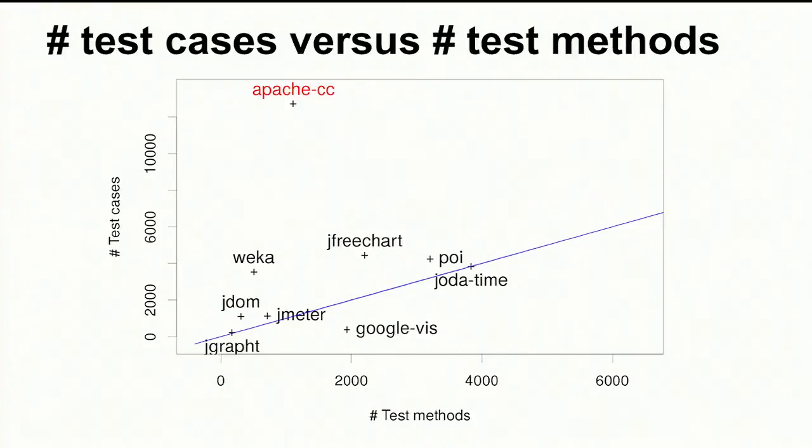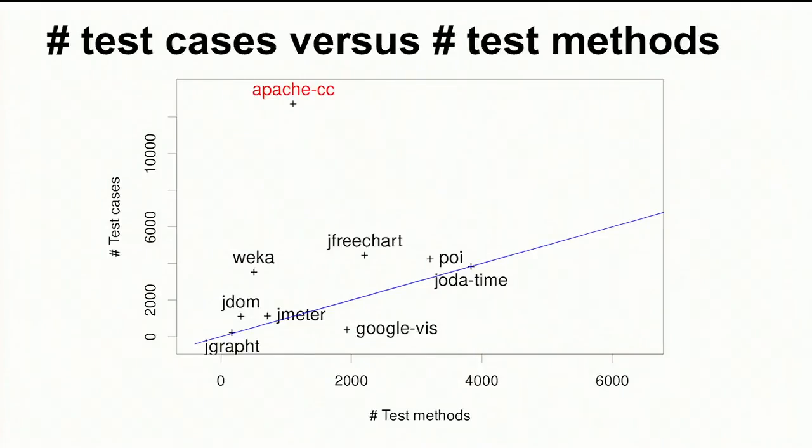The other thing I looked at was the number of test cases, which when you run the test, it reports, I ran 500,000 test cases or whatever, versus the number of static test methods that you could look at by just basically grepping the code. And so what we have here is essentially about 1 test case per method for a lot of test cases. This line represents 1 test case per method. Some are below that for weird reasons, but most of them are slightly above that.